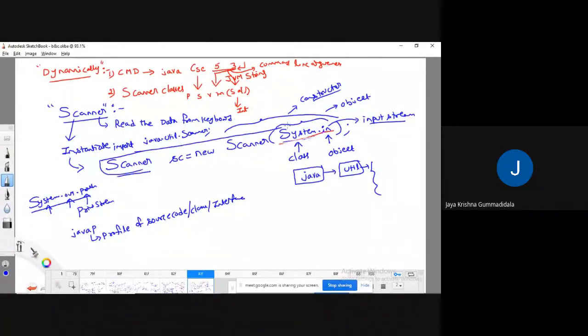Once you write this syntax, it is going to instantiate the scanner class so that the user can give input through the keyboard, through the command prompt. Whatever we enter through the keyboard will be entered only in the command prompt, right?